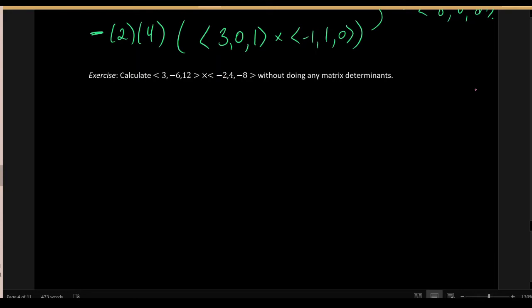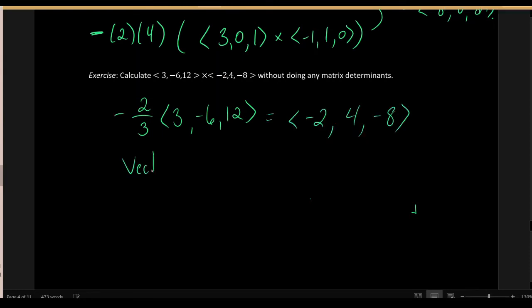However, what I am noticing is that these vectors appear to be scalar multiples of each other. If I took the vector 3, -6, 12, and I divided all the entries by 3, and I multiplied all the entries by 2, and I made the result negative,